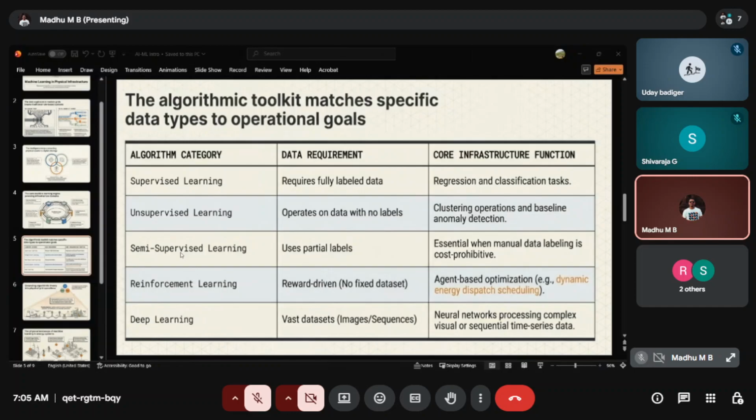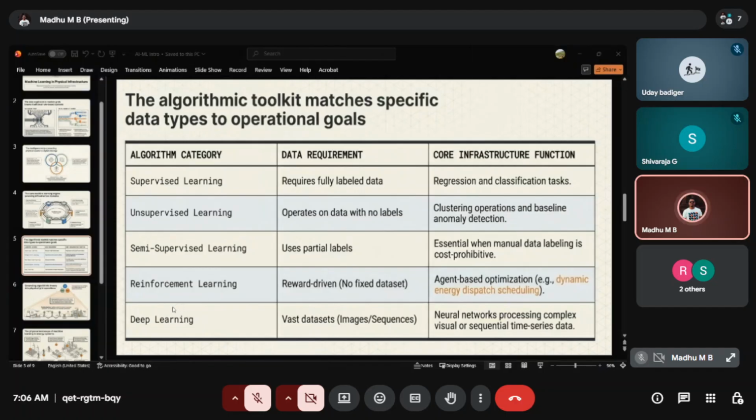If we have mixed labeled and unlabeled data in a single data structure, then we can use semi-supervised learning. And fourth, if we don't have any fixed data set, the best algorithm would be reinforcement learning.